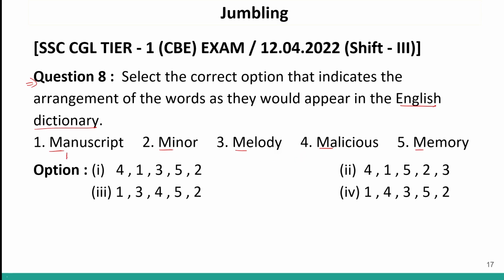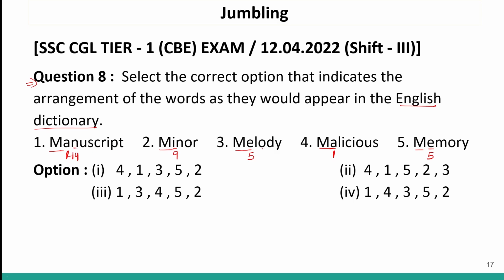Here we have A, which is 1. Here we have I, which is 9. Here we have E, which is 5. Here again we have A, which is 1, and here again we have E, which is 5. So in manuscript and malicious, we'll move on to the next letter after A. So after A, we have N over here, and N is 14.